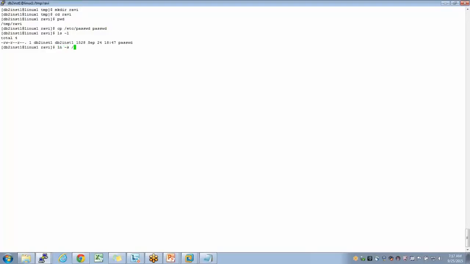I can say ln -s /etc/passwd as password_link. This is how you get a symbolic link. So if I go here and modify anything here, it will go and affect the master copy. See what I'm saying?